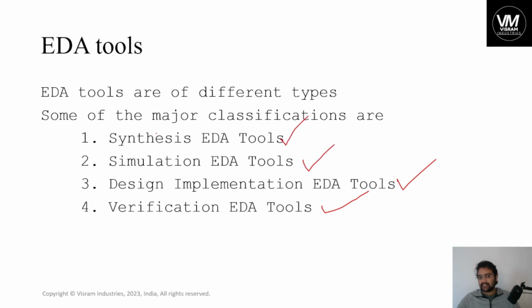some tools are in synthesis. For example, in synthesis EDA, we have Design Compiler. And for design implementation, we have ICC2 or Fusion Compiler. These two are provided by Synopsys itself. So, for example, synthesis, simulation, design, implementation, verification, all are done in one tool, Vivado, Xilinx AMD. So the Vivado tool does all this part in one, for the FPGA development. For